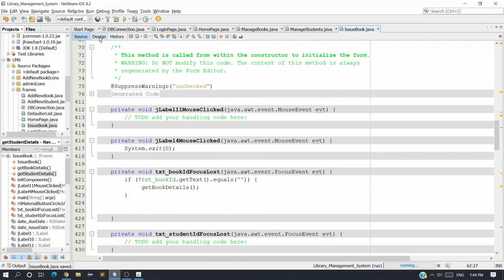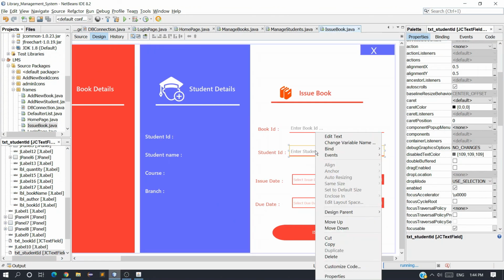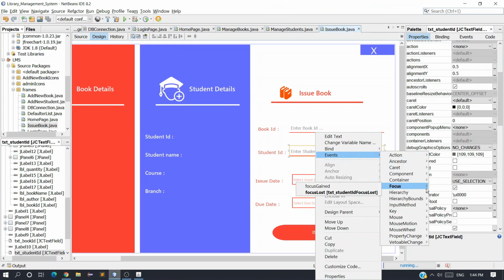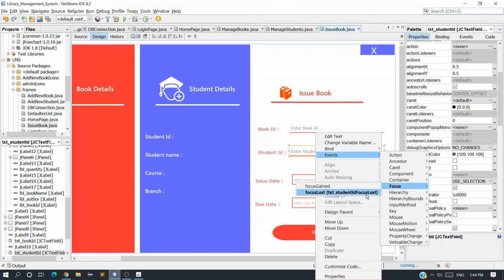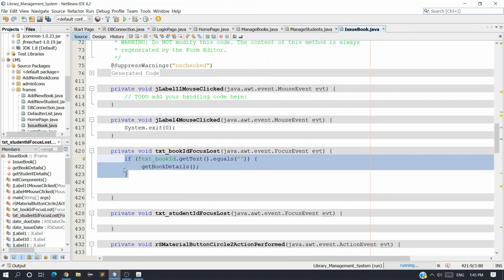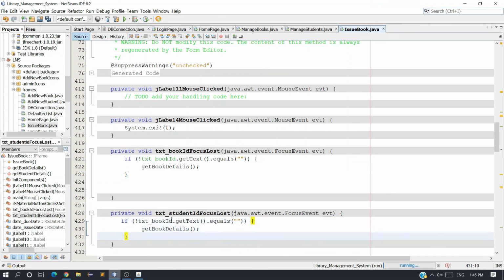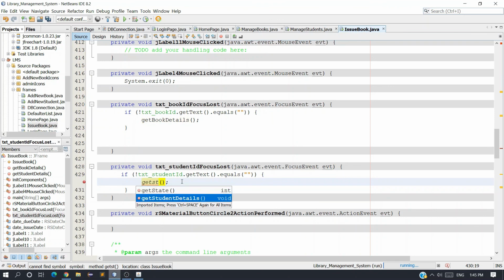And now we have to call this method on the focus lost event. So event, focus lost event, and here we have to call that method. So copy this, Control C, and paste it here, and we just need to change the text field to txtStudentId.getText(), then call the method called getStudentDetails.